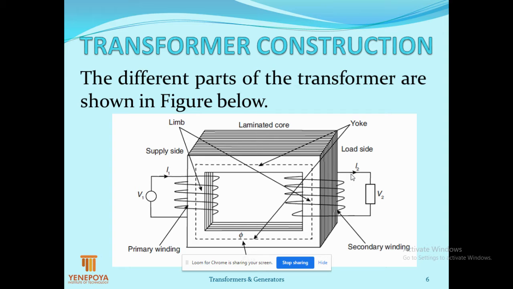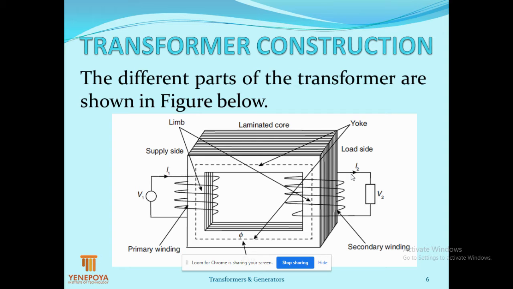Hence, you want to maintain this constant. Let me see. Now, this phi 2, as you know, goes from secondary to the primary, just as the flux phi transfers from N1 to N2, primary to secondary. Now this secondary flux, that is phi 2, crosses the primary winding, that is N1 number of turns. As a result, there is now a current which will flow in the primary winding, that is the current due to the secondary, that is I2 dash.